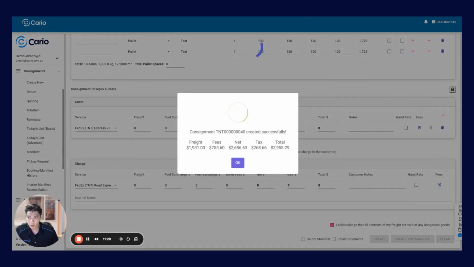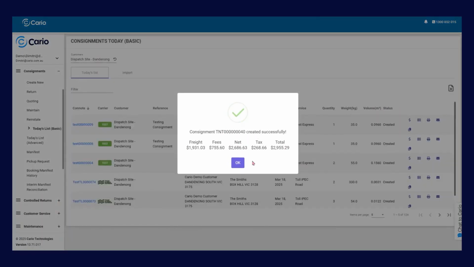You should soon see a pop-up notifying that